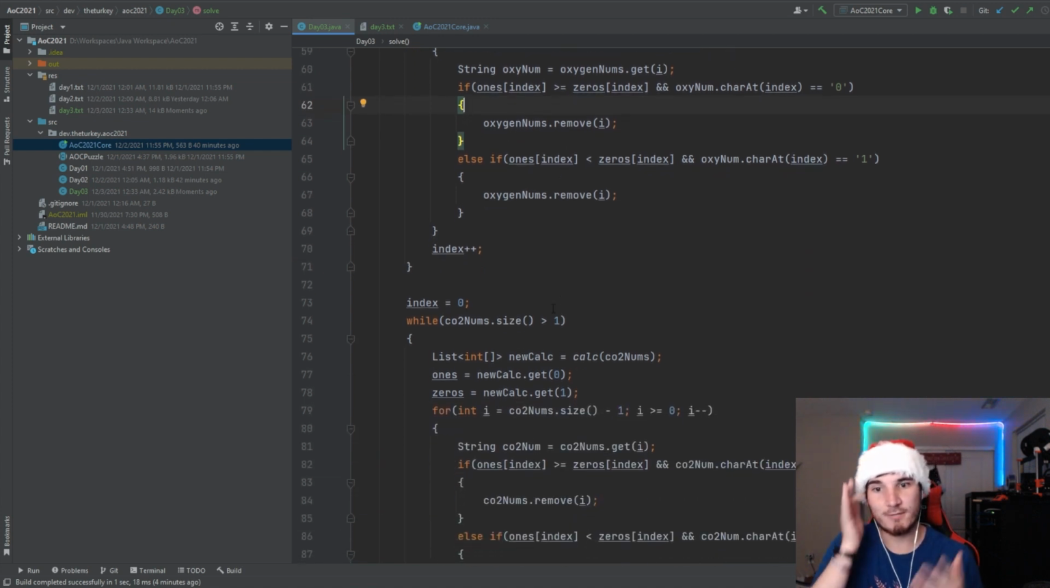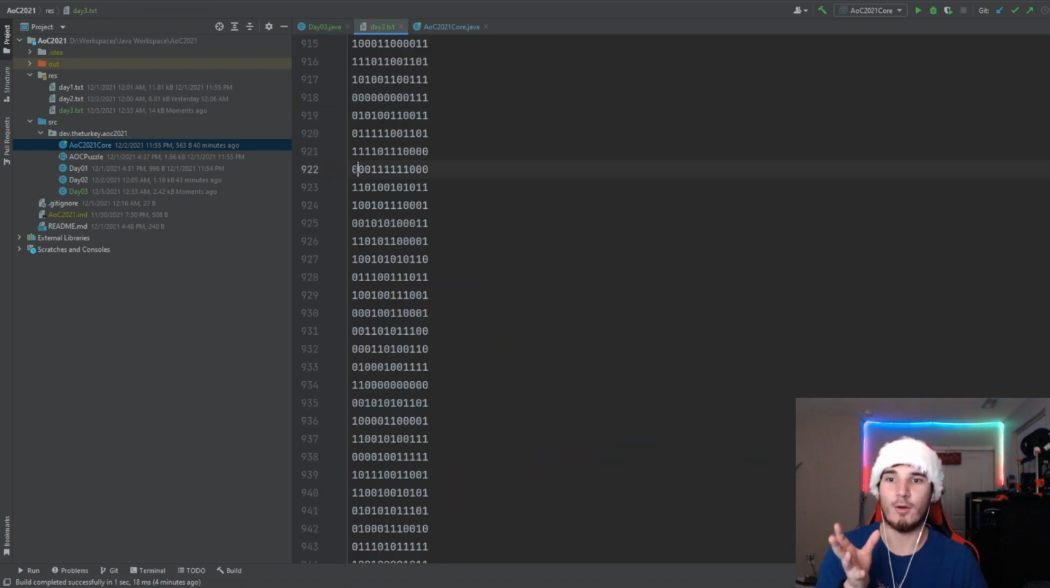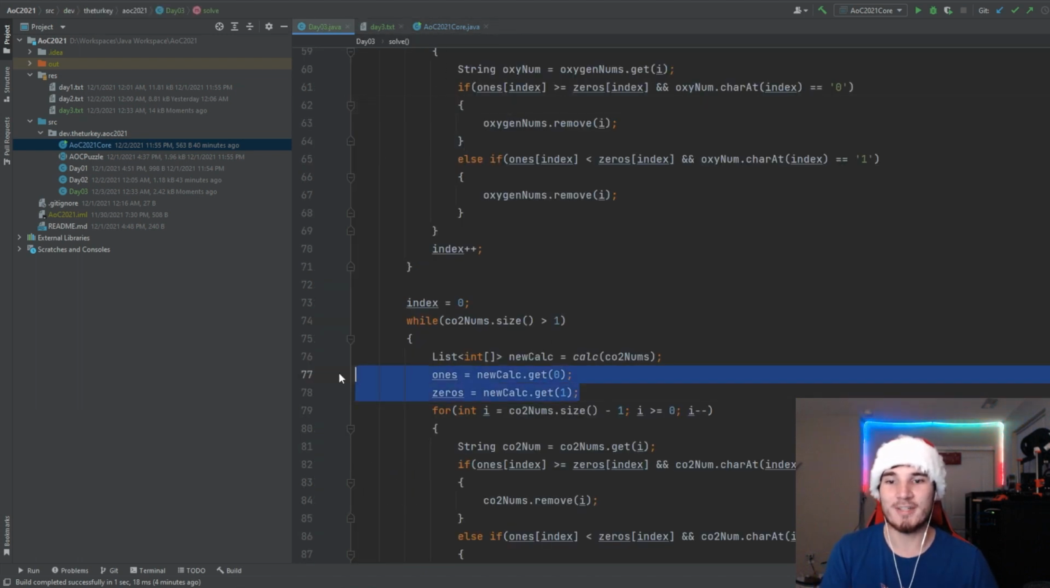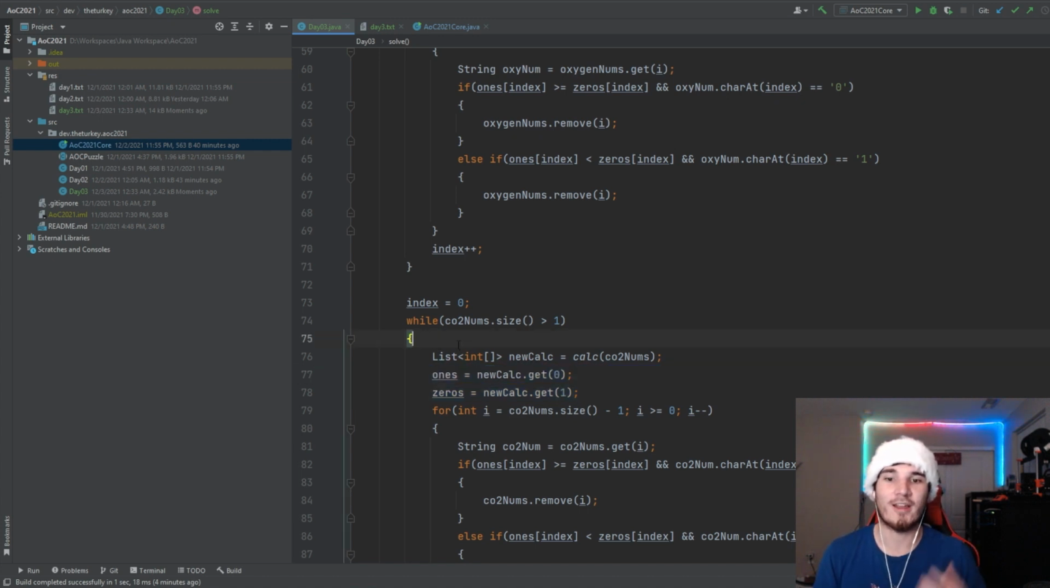And then you do the same process for the CO2, but doing the opposite. So if the ones happen more often for this index, we want to take the zeros instead, so we remove all the binary numbers that start with a 1, and then continue that process at each index, removing all the ones that don't have the least common digit. The only trick to know is that you have to recalculate how many ones and how many zeros there are every time you go through that list. That's what I messed up. But at any rate,